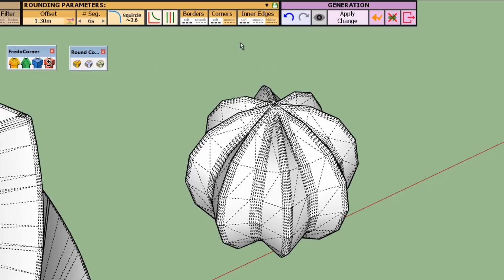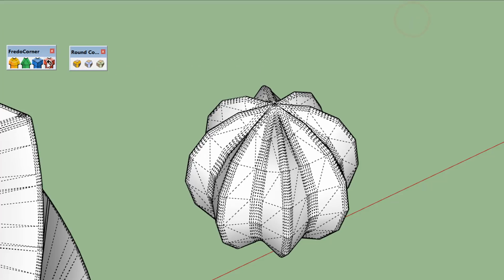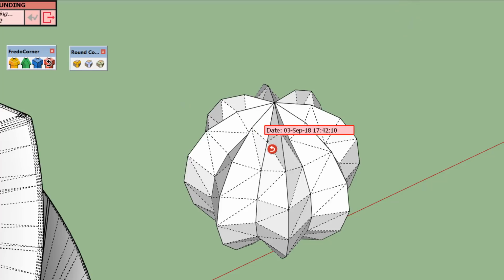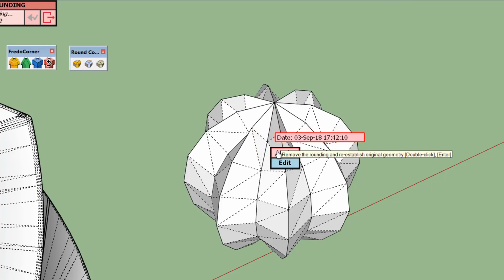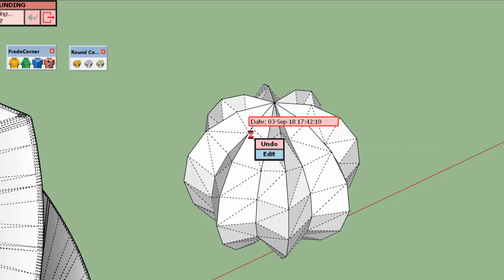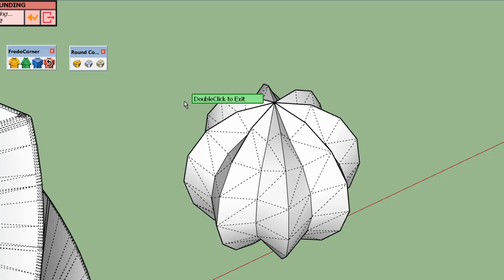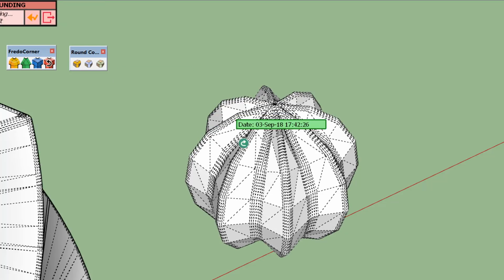Okay, so again, repair, mouse over, and if you want just to undo, either you select undo or you double click. So now the original geometry has been restored. In case you did not want this, you can cancel it on the fly with undo change, or you can mouse over again and